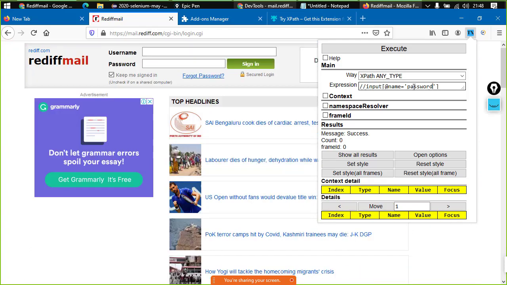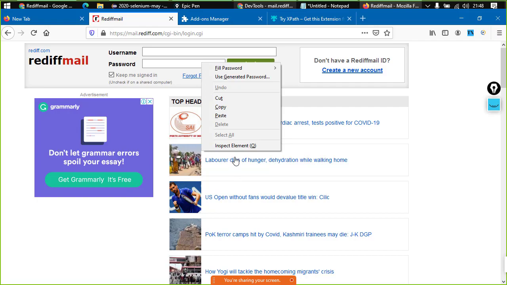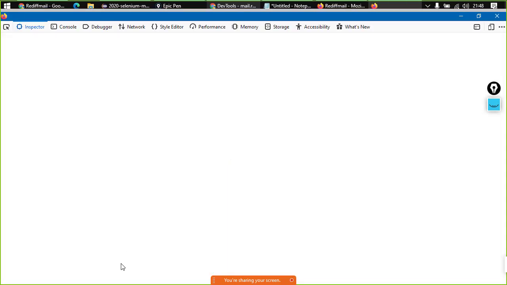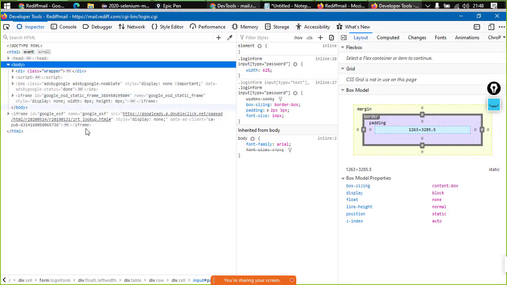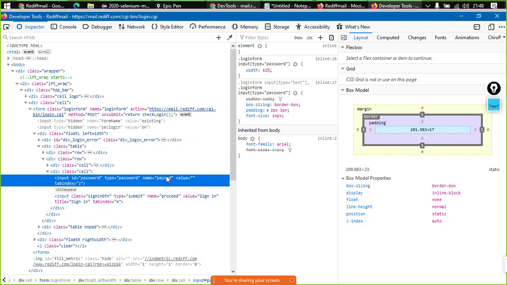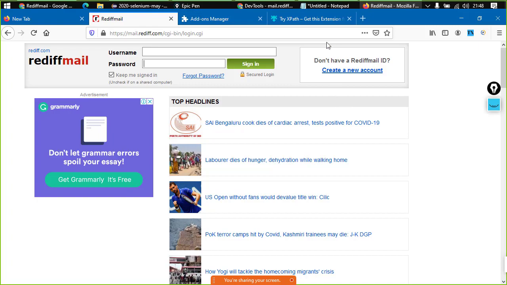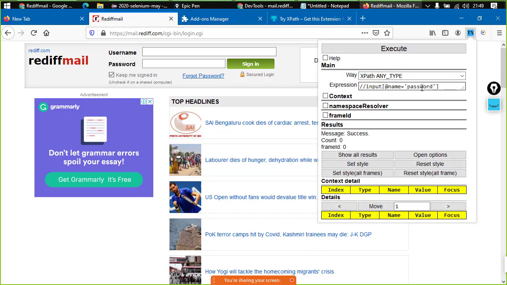Click on execute. There is no XPath, because there is no such field with the name, say, password. So what is the thing that we need to use? Let us see that. The name is PASSWD. Click on try XPath again, PASSWD,